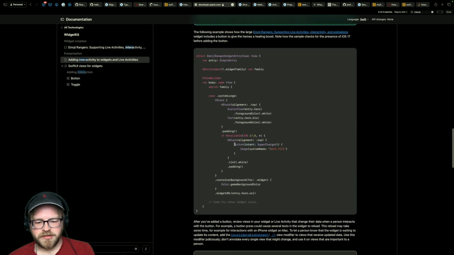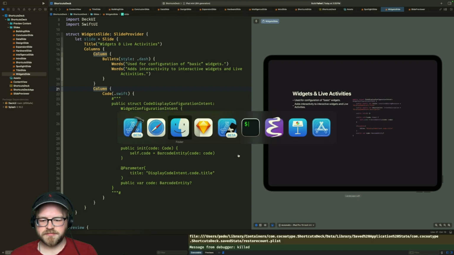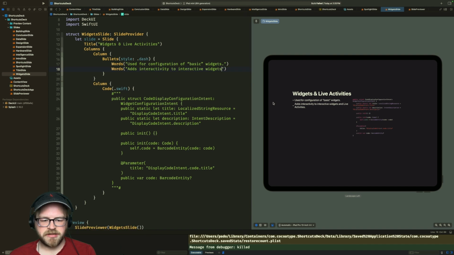I mean, really, I don't know what else to say other than, yeah, you just support an app intent and you just have a button. Used for configuration of basic widgets, adds interactivity to interactive widgets. I don't like the way that the bullets work in here, so I'm just going to make it a single line.